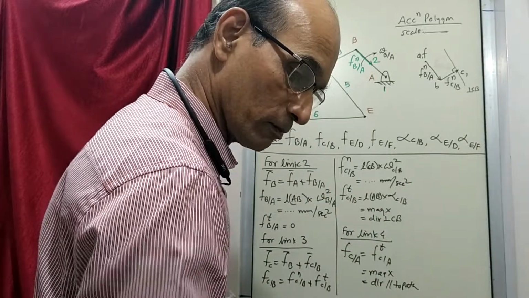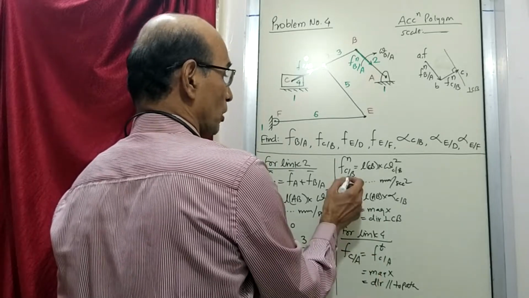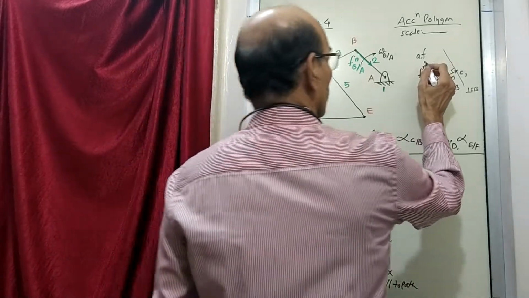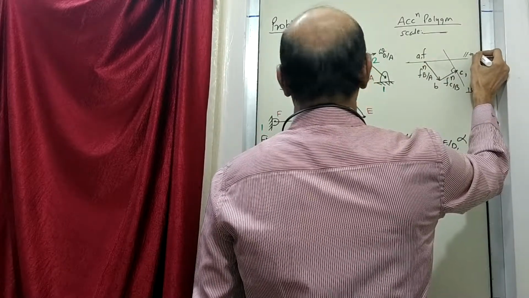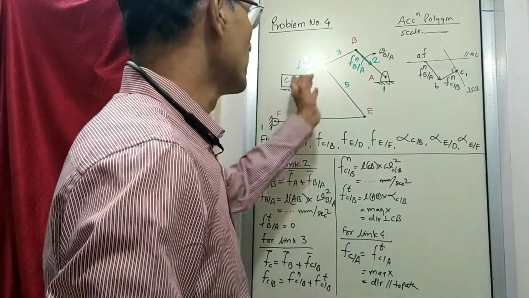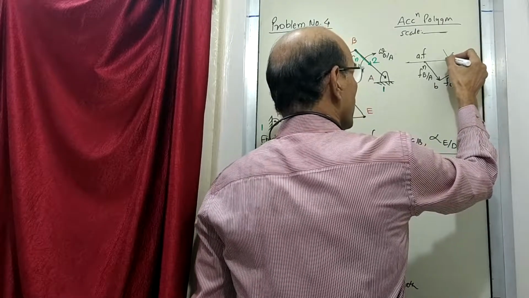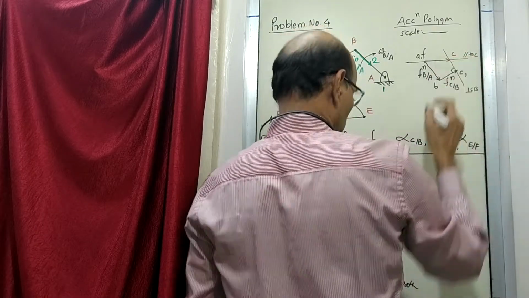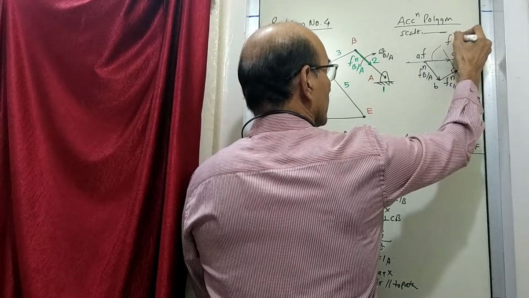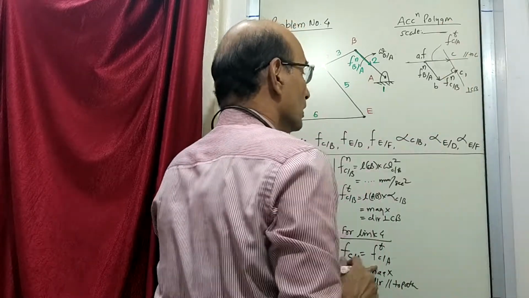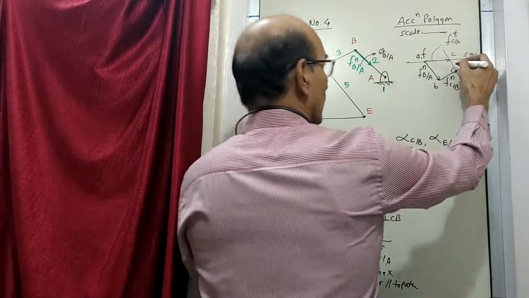So in the polygon, see, from C to A, we were to draw from A. We are always drawing a line from the lower letter. So from this A, we draw a line like this. This is parallel to path of C. So now C is going to lie here. Therefore, this is going to be our point C, and this is the vector what we were trying to find out. F tangential of C with respect to A is here. And this what we wanted to find out, magnitude was not known. That is also now available.